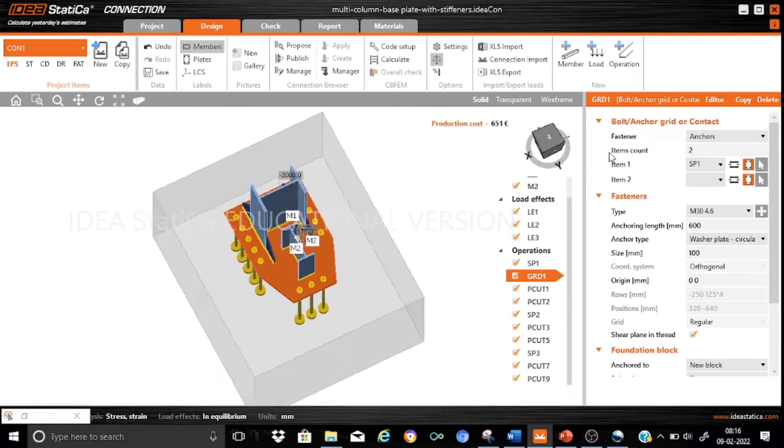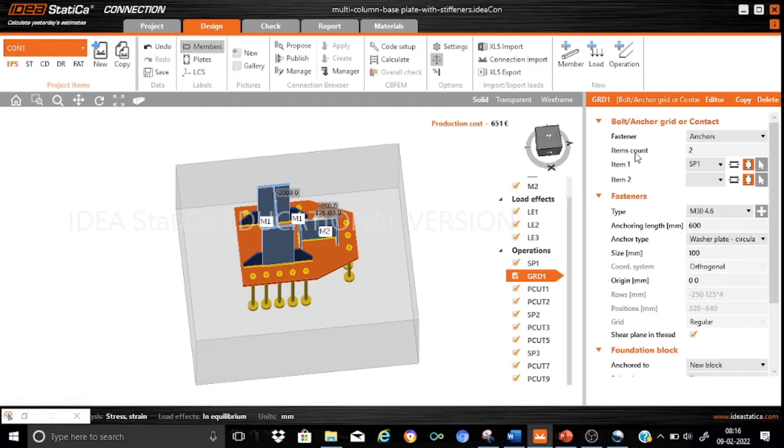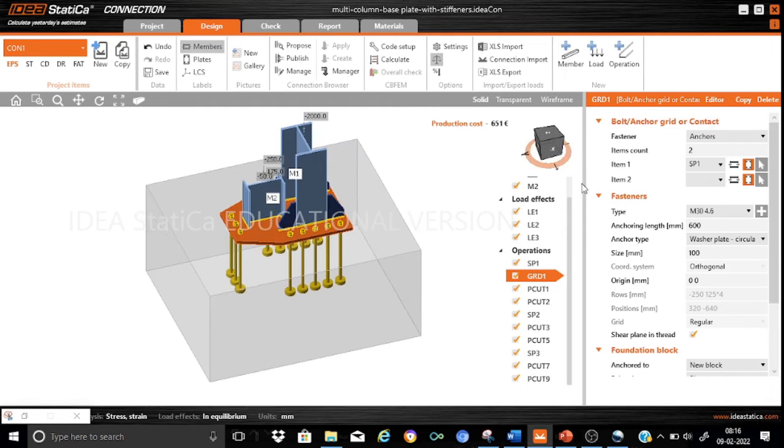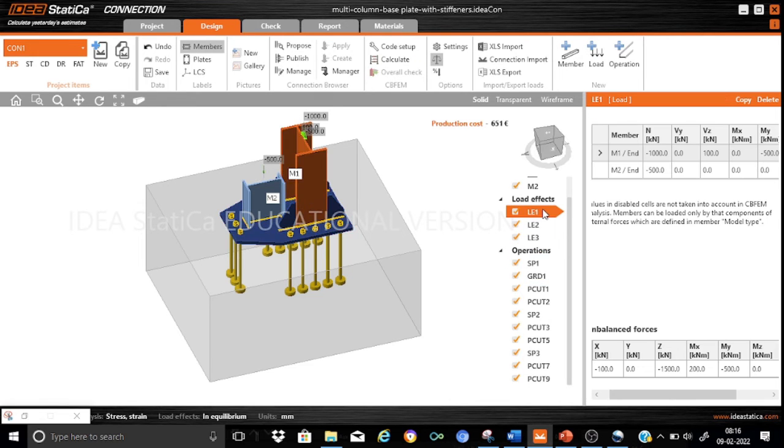So ensure that all the components are properly connected to each other, either to the boards or the wells. That is very important. And now let me quickly take you to the various loading effects. So here the system is checked for 3 load combinations, and here you can see that LE1, it consists of